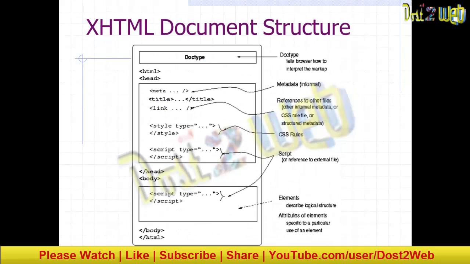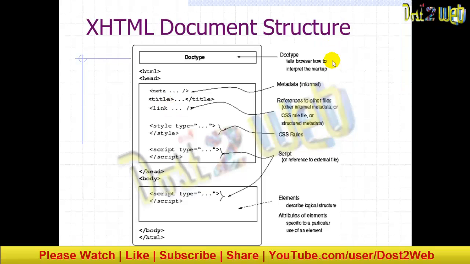So you can see here, hope the screen is visible to everyone, the first thing we describe is generally the doc type. It tells the browser what markup and document type you are going to use. Then you write your HTML, then head. In the head section I have added many things: meta tag, title tag, link tag, style tag, script tag. These can be used in the head section, and this section will not be displayed; it is used for validation, CSS and many other things.